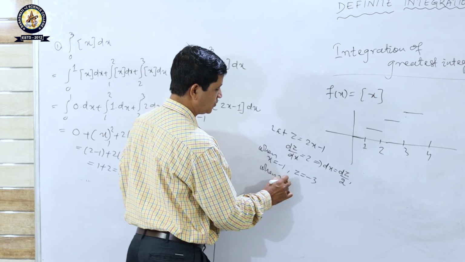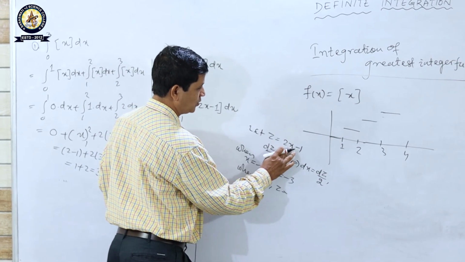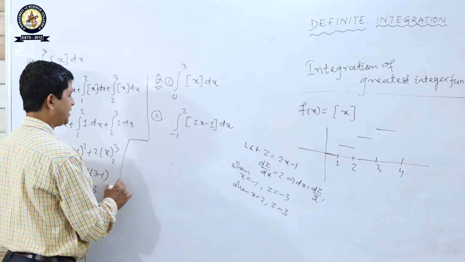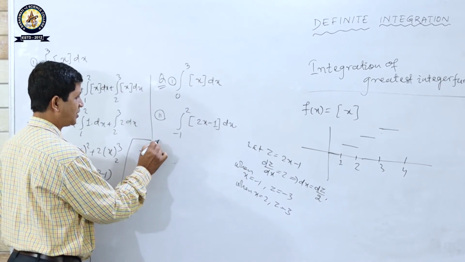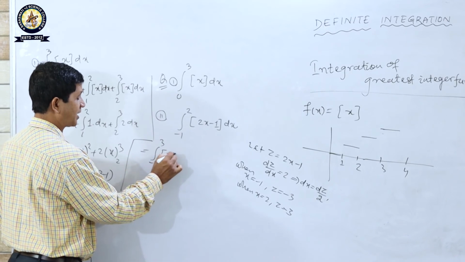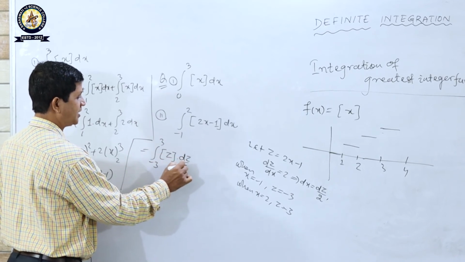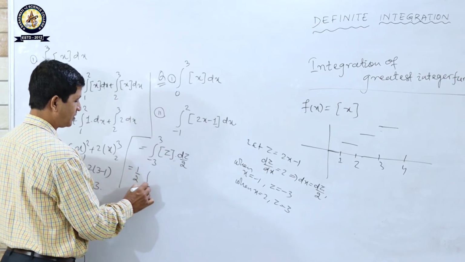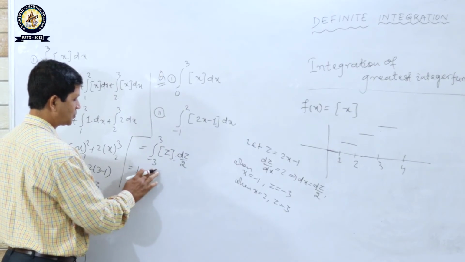When x equals 2, z equals 2 into 2, 4 minus 1, 3. So it is the integration from minus 3 to 3 of the greatest integer of z into dz by 2, that is 1 by 2 integration from minus 3 to